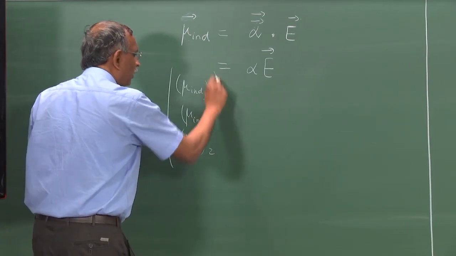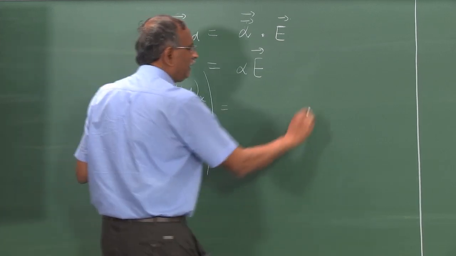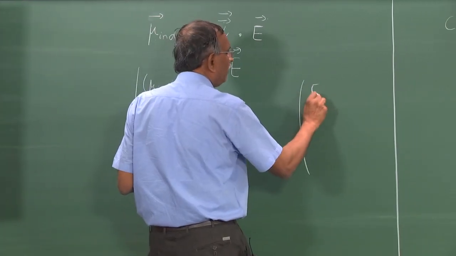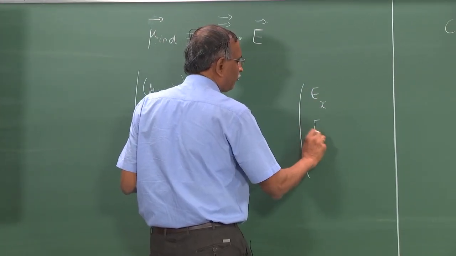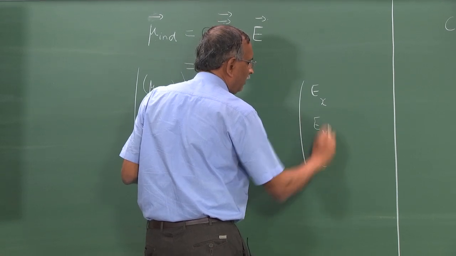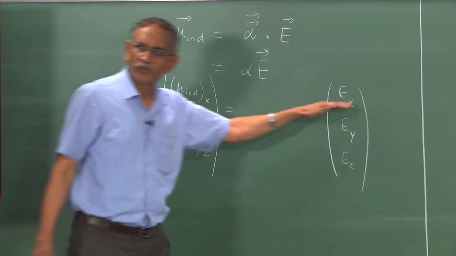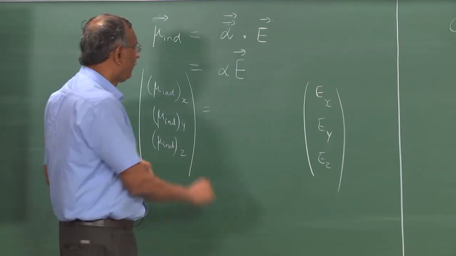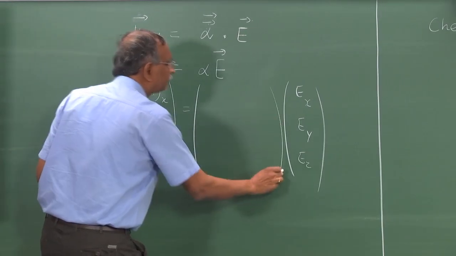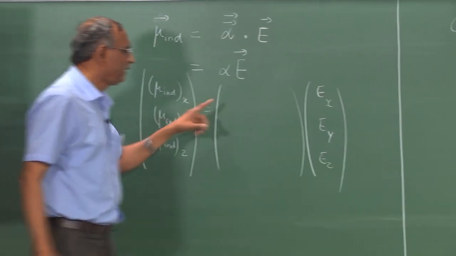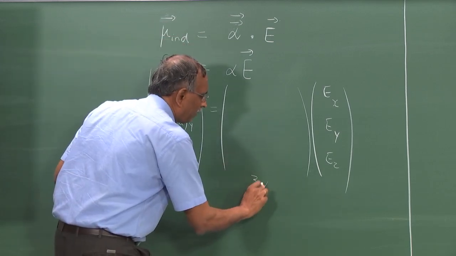The electric field itself has 3 components Ex, Ey and Ez in an arbitrary direction, and then alpha is given by a 3 by 3 matrix,